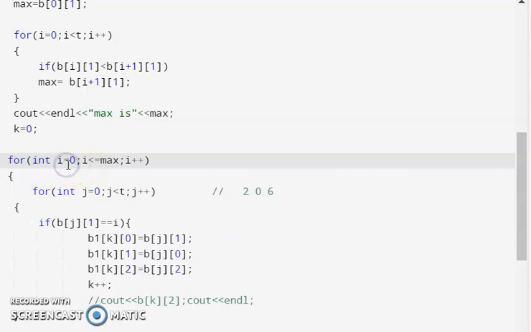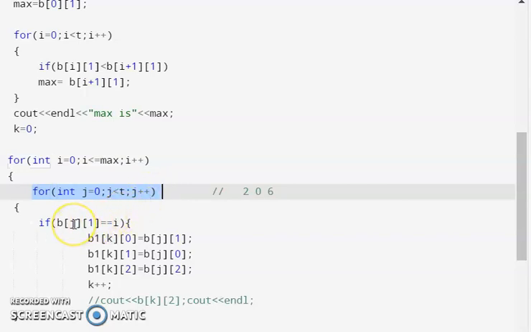My I value has to go from I equal to 0 to max, because we have to identify if there is a particular column with index 0, 1, 2, 3, 4, 5, 6, 7 until 8. So this is my outer loop, and this J index will traverse through the original sparse matrix.